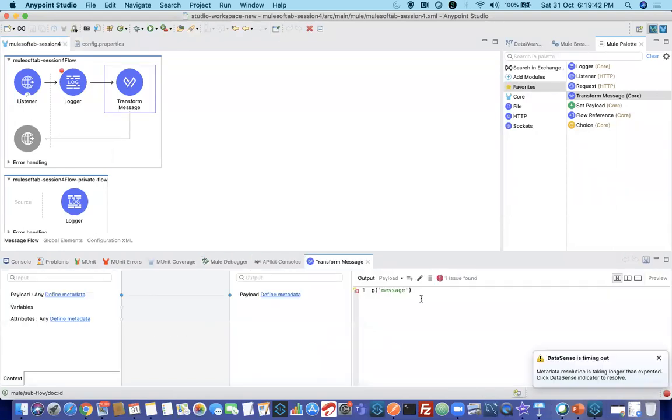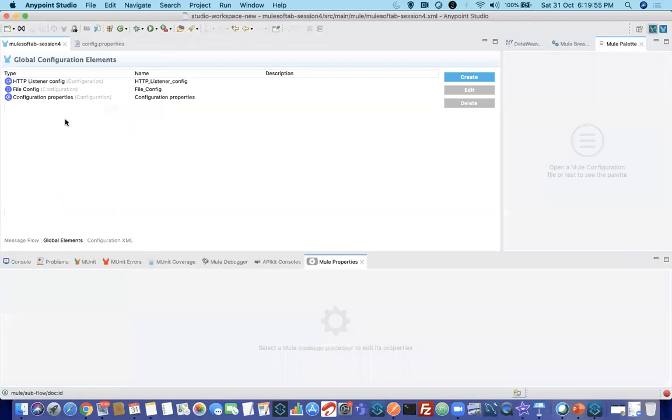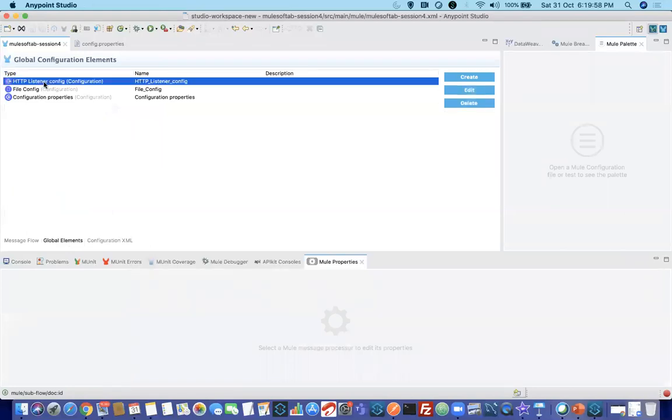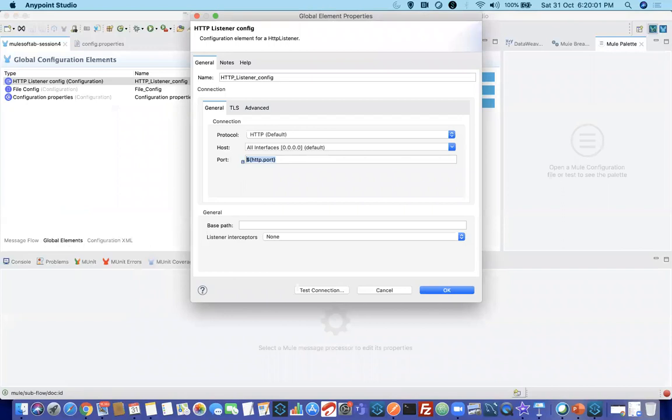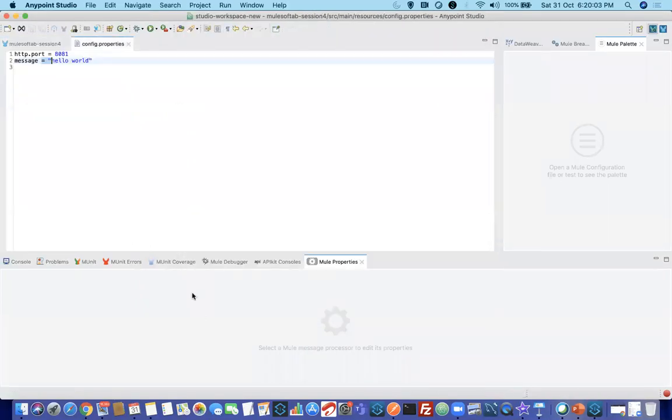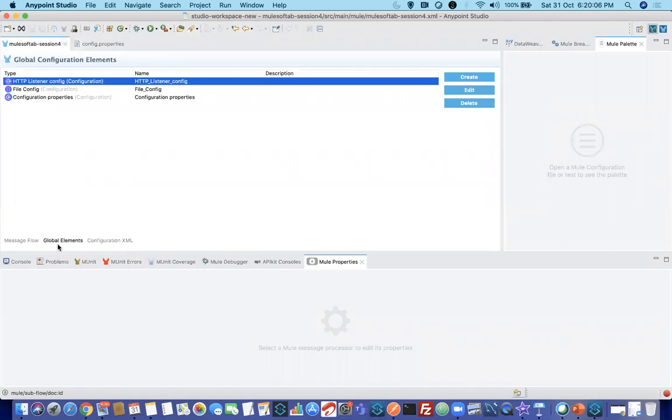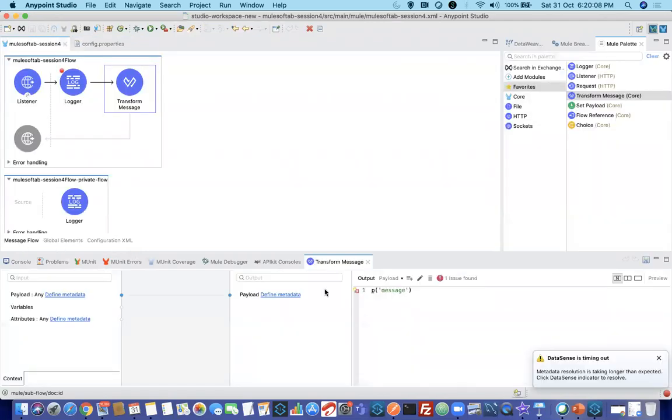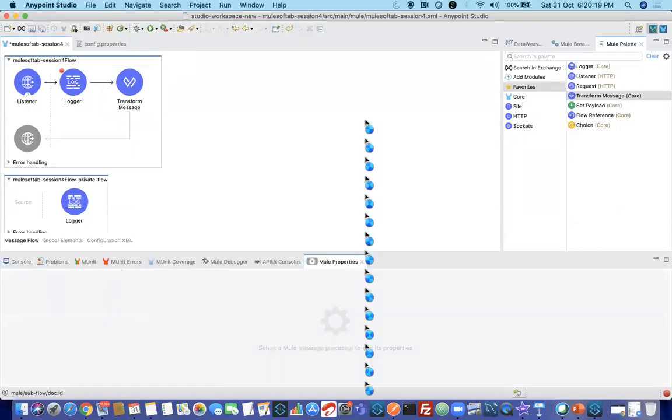Now let's see how to call it using dollar. In transform message, I told you, by default it is within hash of. In that case, to use dollar, you have seen in global elements that you are not using any kind of double quotes, right? You are directly giving dollar of this one. For example, if you give something like this, it will not accept. So what you can do is keep this in single quotes. So when we are using dollar, keep it within single quotes, save it.